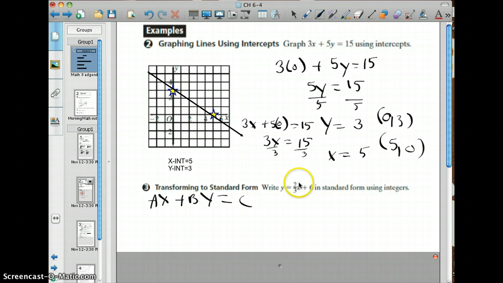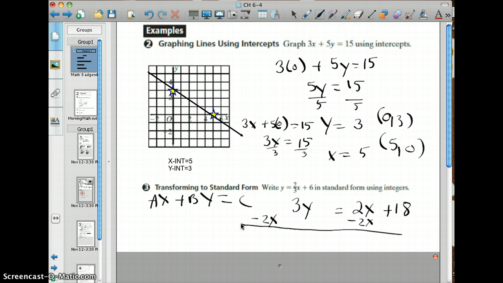Okay, how do I get rid of 2/3? Well, I'm going to multiply everything by 3. What that leaves me with is 3y equals 2x plus 18. Notice I multiplied the y by 3, the 2/3 x by 3 to give me 2x, and then the 6. Now, in order to get it in standard form, my x and y need to be on the same side. So I'm going to subtract 2x from both sides. Because they're not like terms, they're different letters, I'm going to have negative 2x plus 3y equals